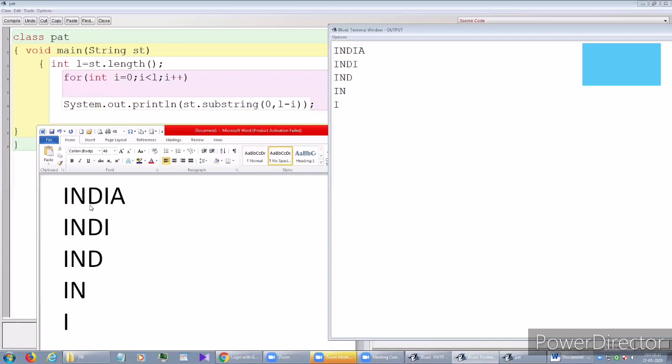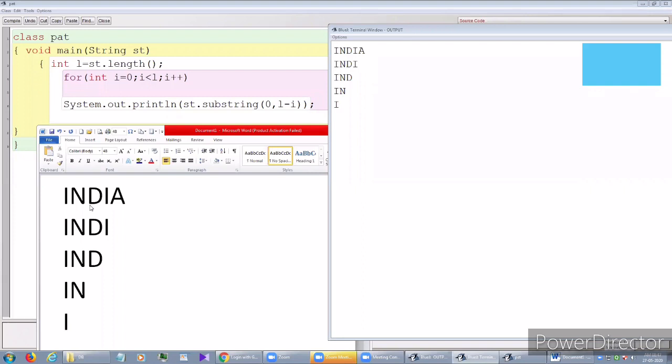When you give 0 comma 5, it extracts the 0th, 1st, 2nd, 3rd and 4th index. After that it extracts 0, 1, 2, 3. Then the value of I became 2, and 5 minus 2 is 3. 0 comma 3 means 0, 1 and 2. In the 0th index I is there, in the 1st index N is there, and in the 2nd index D is there. Like this it will continue.